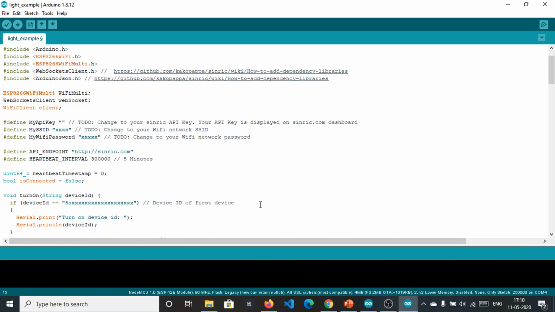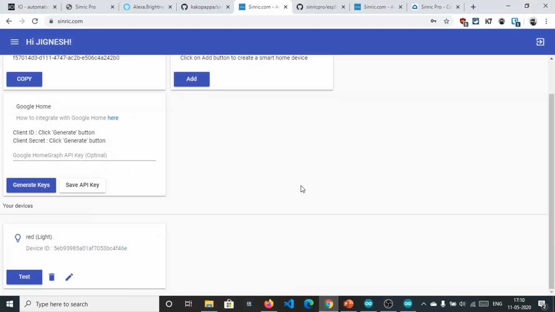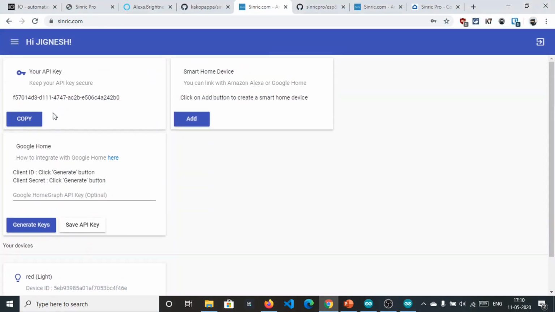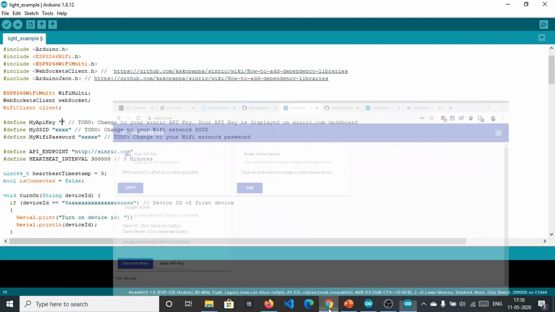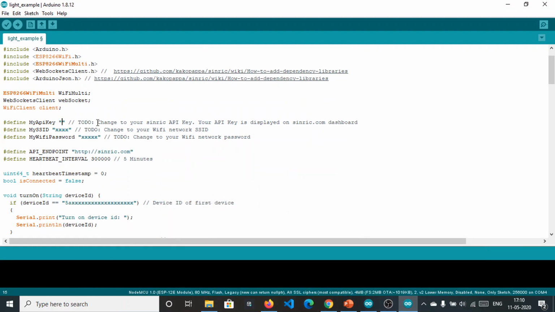Fine. So API key is defined, we need to copy this API key, right click on this and paste right here, Control V. SSID is the Wi-Fi name to which your NodeMCU needs to be connected, so that it can access the internet, so that it can connect to the Synric cloud.